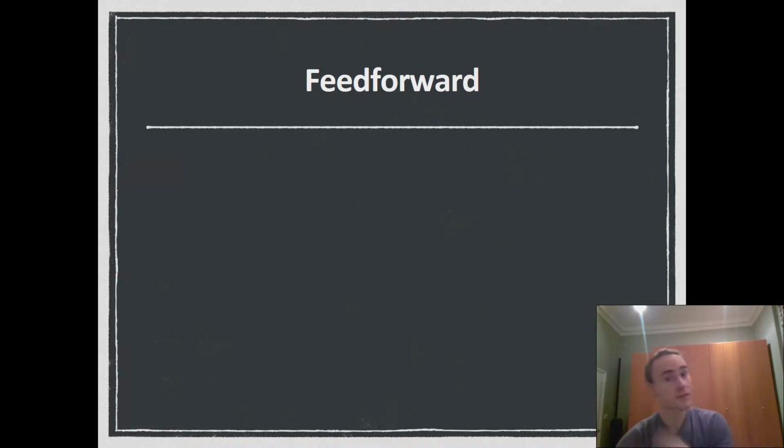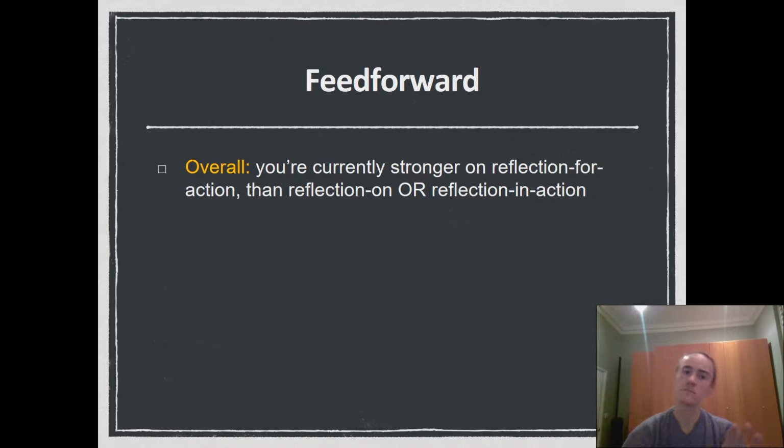So to help you achieve some of that, because this idea of critical thinking is a skill throughout the whole course, I think overall, as you're thinking about your practice, I'm seeing that as a group, you're currently very strong on reflection for action. And by that, I mean reflecting on what's an issue, and what you could do about it. You're probably stronger at that than at reflecting on the action that you've already done, really unpicking and evaluating what's happened, and also reflection in action.